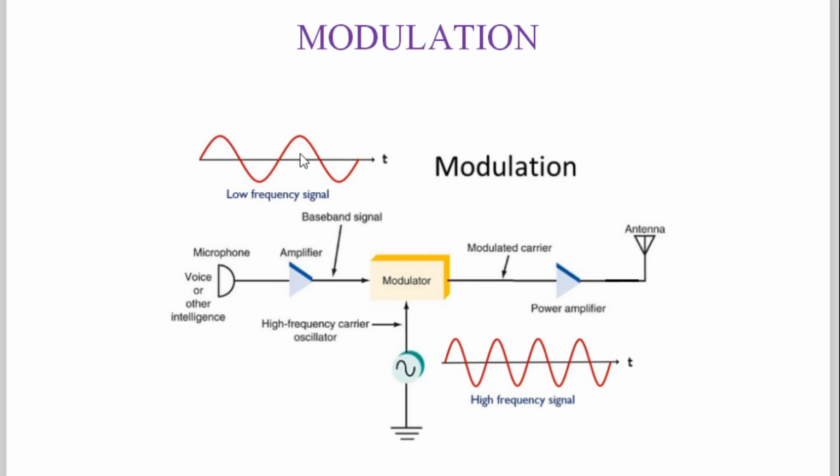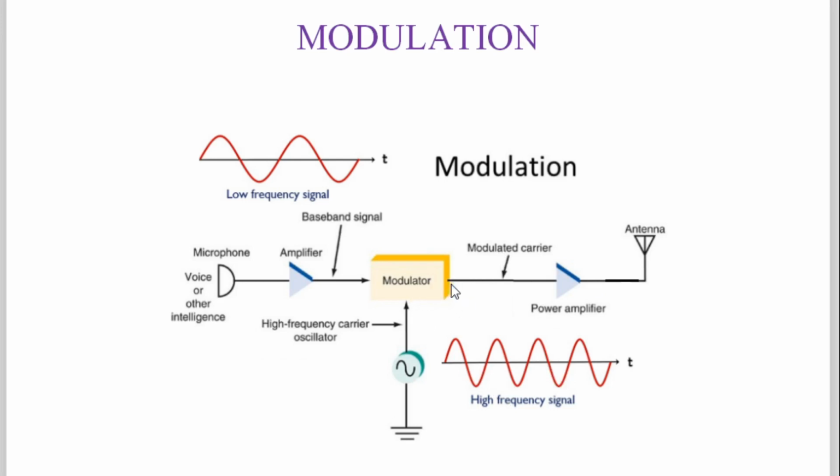Okay, so here this is the signal, and what is the modulation doing? Modulation is taking one more signal, which is called the high frequency signal. See here, the time t is less, so when time t is less, frequency is high. So the modulation circuit is taking the low frequency information signal and transmitting it with the help of a high frequency carrier signal,